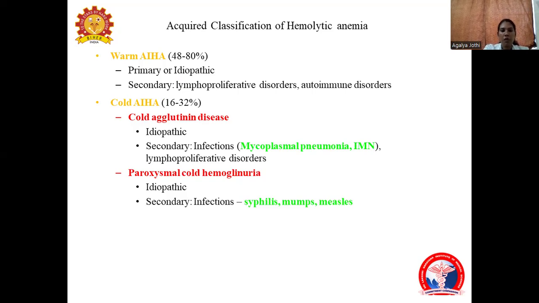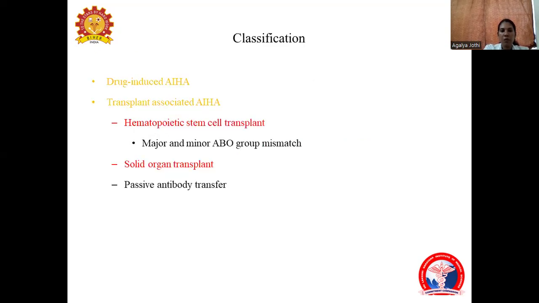Paroxysmal cold hemoglobinuria: common causes are primary and idiopathic. Secondary causes will be infections like syphilis, mumps, and